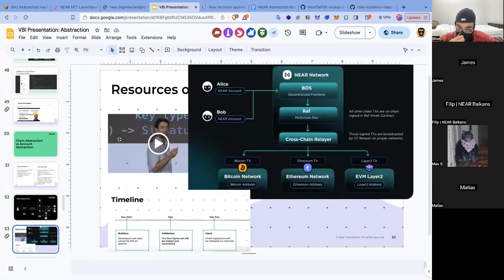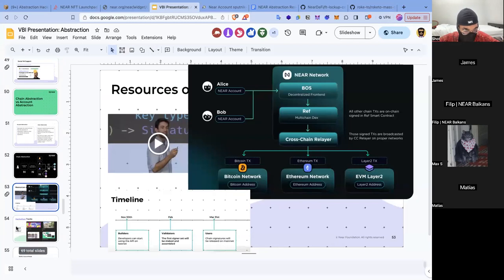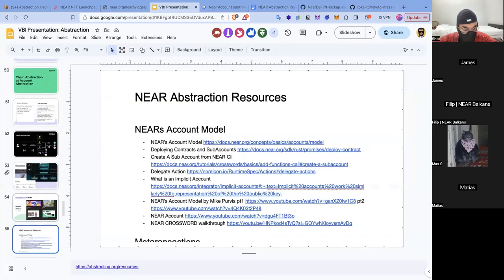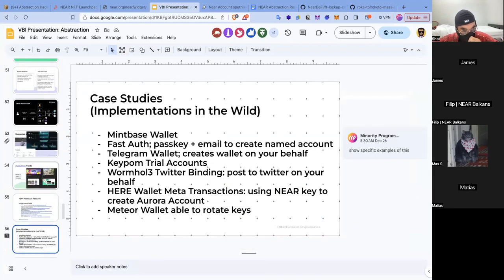But kind of going over a little bit about some case studies and stuff like that. The main ones that I like to look at, just to give an idea of what's going on, well, I mentioned Keep Palm trial accounts. They're like on-chain gift cards. There was a really cool project by Wormhole 3. They built a lot of DAO tooling and applications, but they had something called wormhole binding, which actually allows